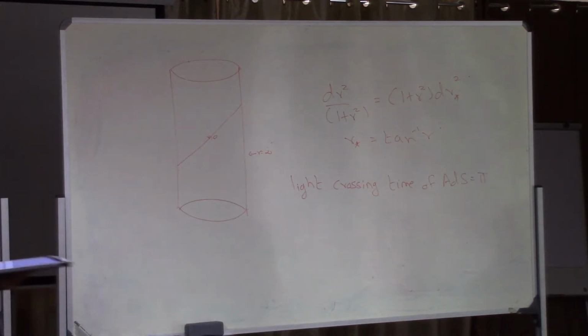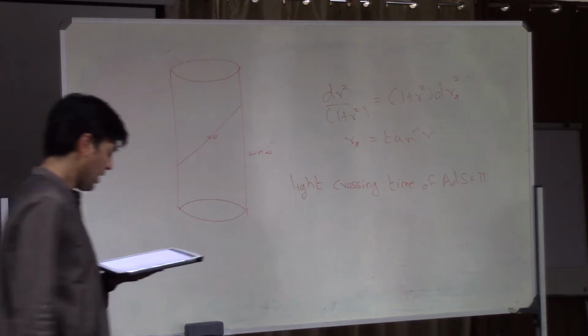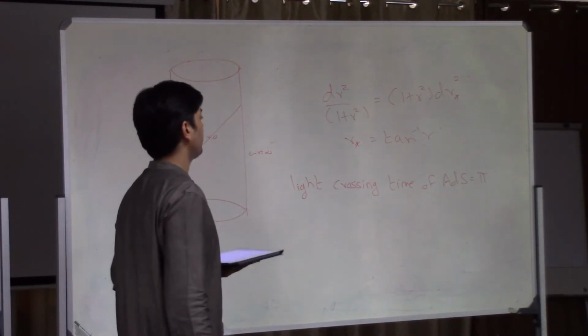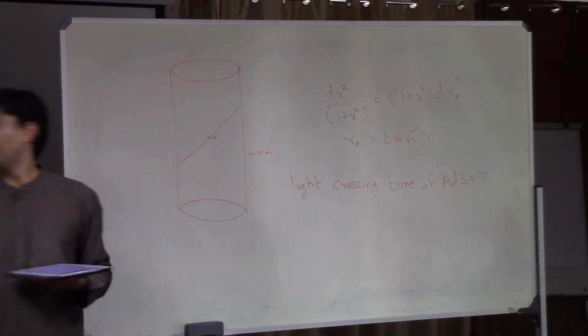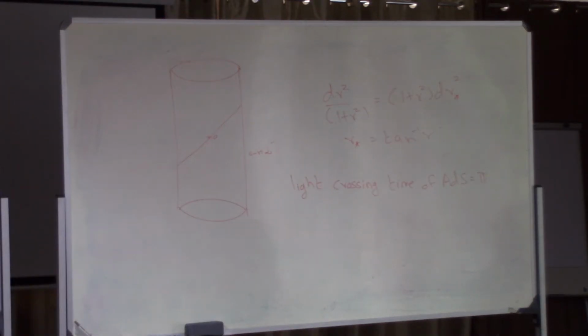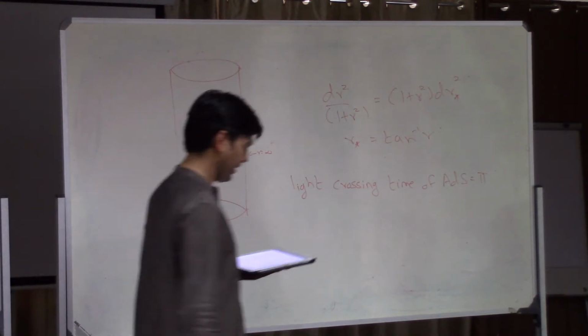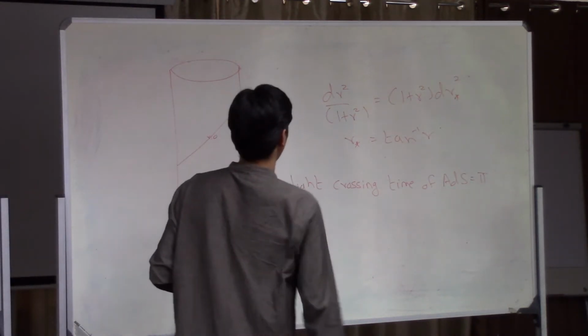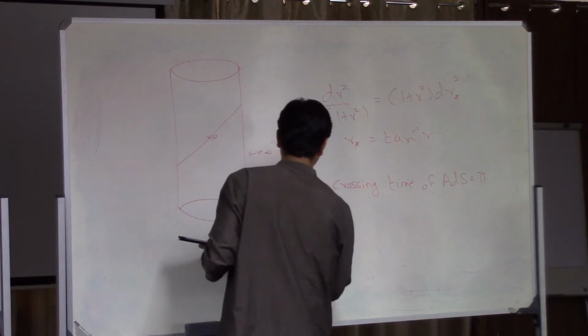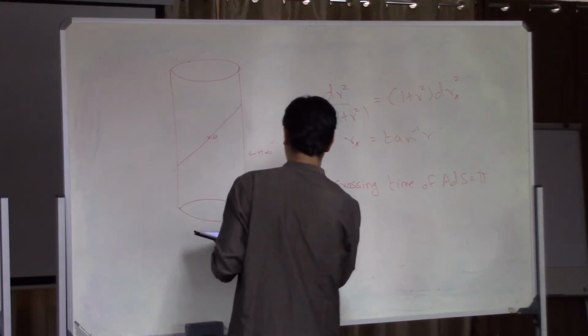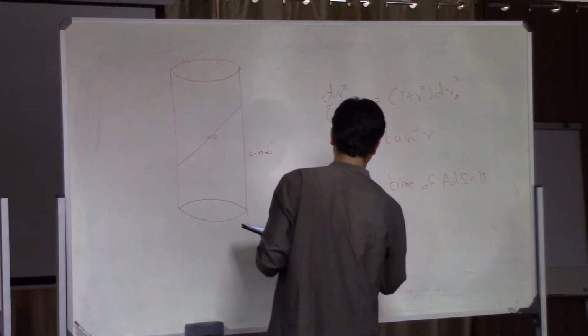So this is just some very elementary statements about the geometry of AdS. Are there any questions about this one? Okay. So now what I want to consider first, even though eventually I'll think about a theory of gravity, for now let's just think about a simple scalar field which could have some interactions. But for now let's just take it to be minimally coupled. And so we have a simple scalar field which satisfies this kind of an equation.